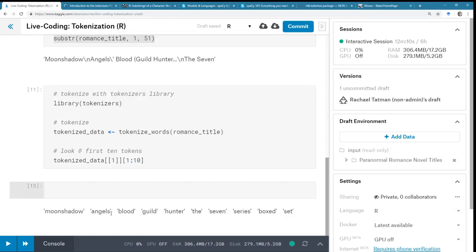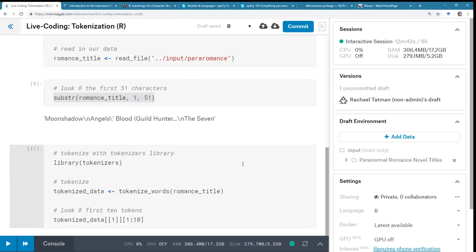So what that means is that whether or not Angels is capitalized, it's always going to be considered a single token, whereas in something that preserves case, you can choose to say, actually, I want to count uppercase and lowercase things separately. And that can be useful for words like bank. I mentioned earlier, bank could be a riverbank or it could be a place. And if you're not doing named entity recognition, whether or not something's capitalized in the middle of a sentence might be a quick way to tell this is probably the name of a specific bank. That's fairly lossy, and I wouldn't necessarily recommend it, but it is an option that you have.